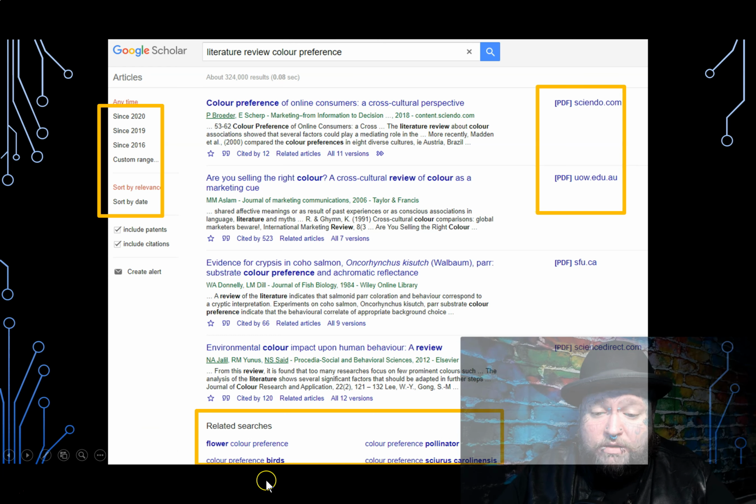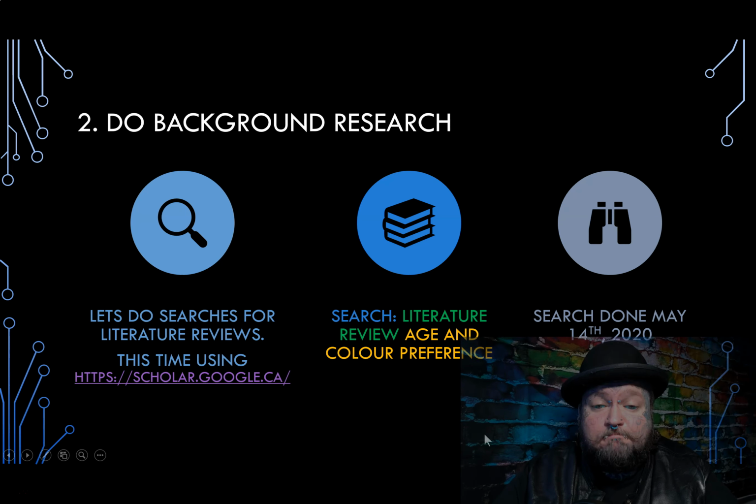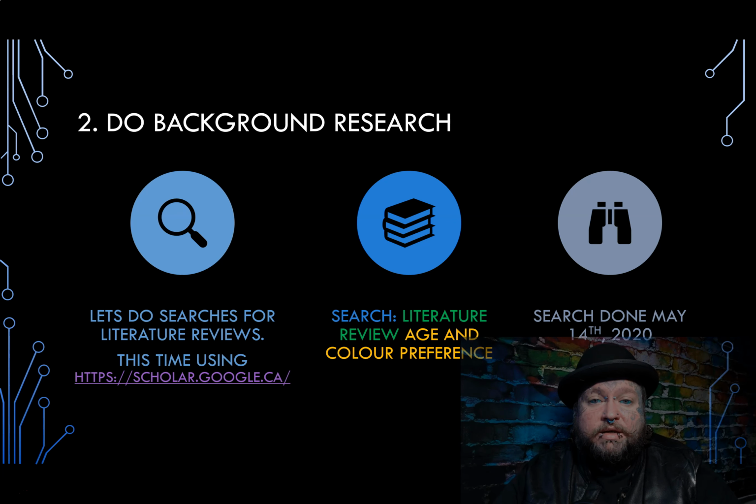If nothing else, even here at the bottom, they're suggesting related searches. So these are maybe new key terms you didn't know before, new things that you could look up from there. Other research they could do, we're not digging deeper into that right now. I only wanted to go through one paper, but let's do another search. And now instead of just color preferences, they do another literature review search for age and color preference,